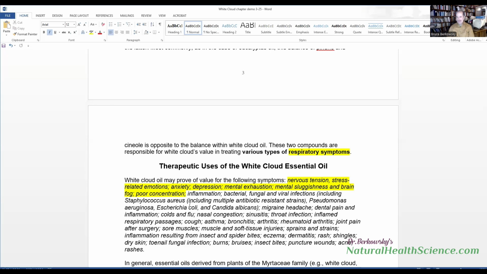Should I use white cloud? Well, I don't know yet, because that could be linked to any number of reasons why they've moved into this particular failed state and presented with this particular group of symptoms.